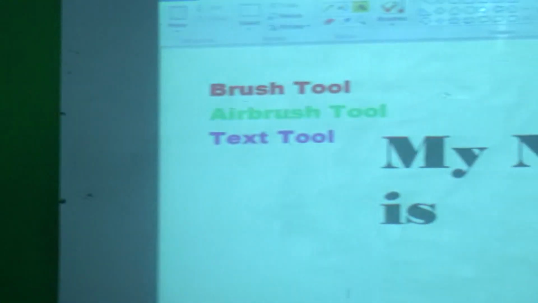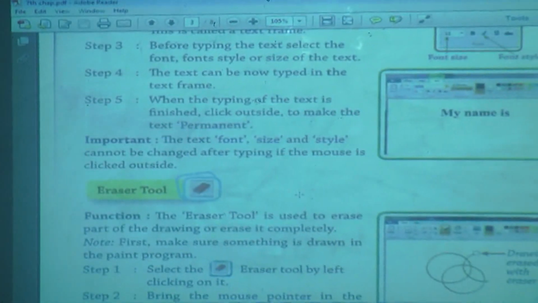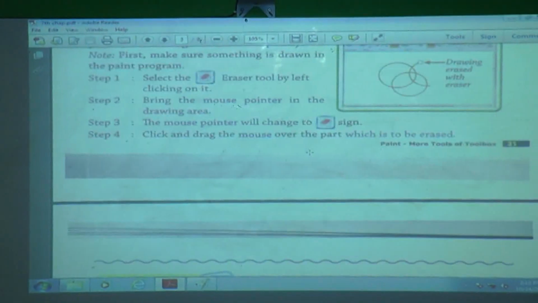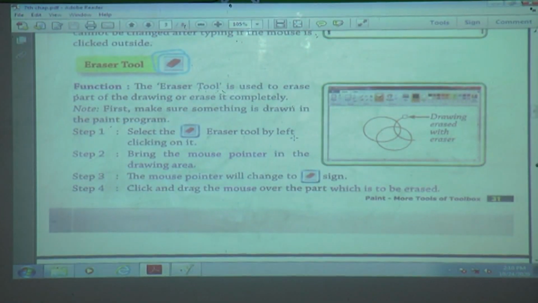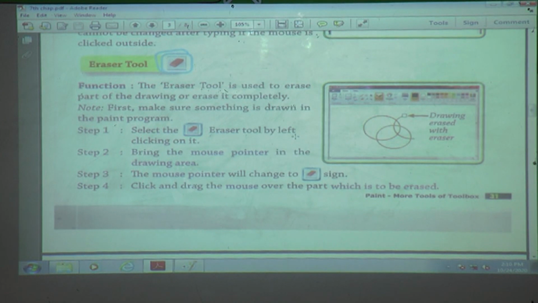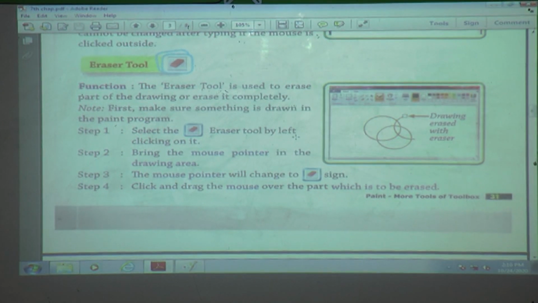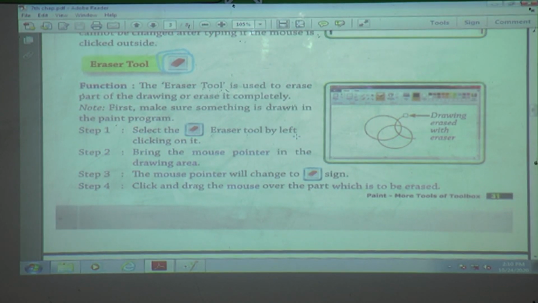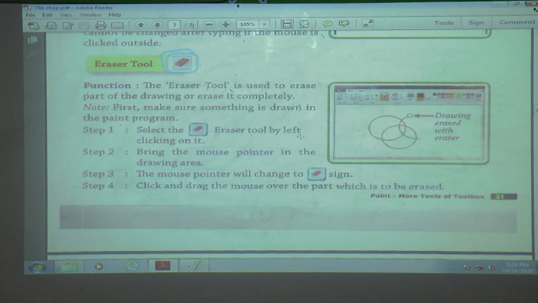Now we will see our next tool. The next tool is the eraser tool. What is the use of the eraser? If we make a mistake when we are drawing or writing, then the eraser is useful.